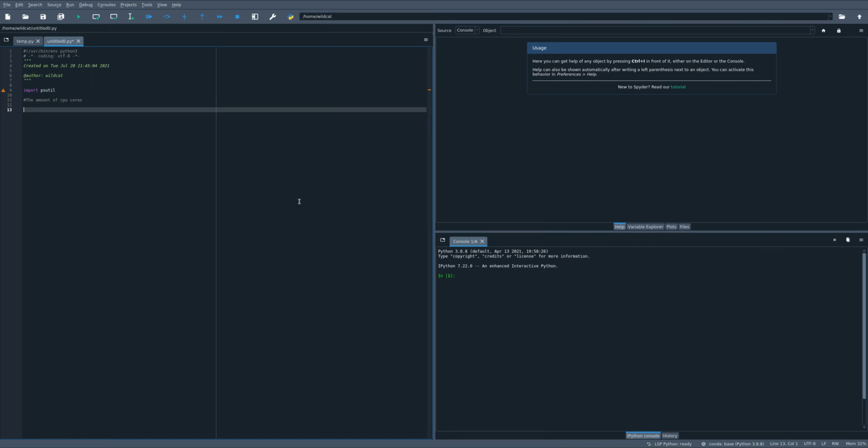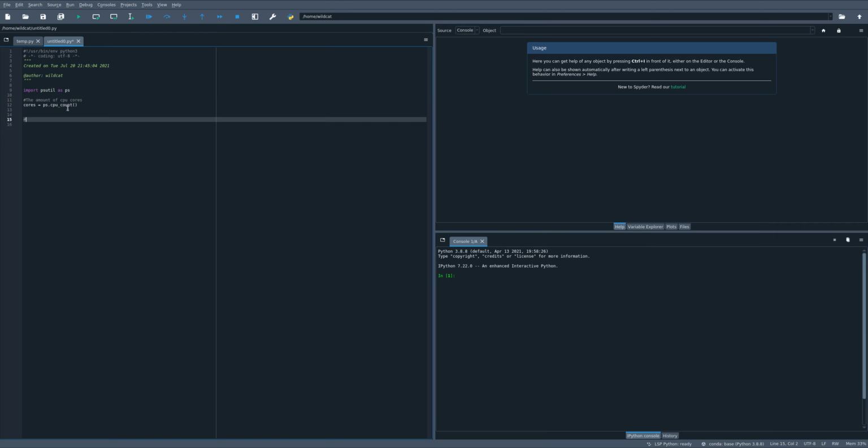So psutil does have a very intuitive built-in function for that called cpu_count. So actually, let me make this a bit simpler. Import psutil as ps, and so we could do something like cores equals ps.cpu_count(), and then